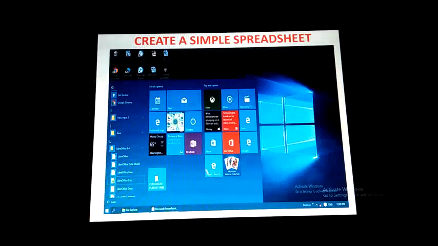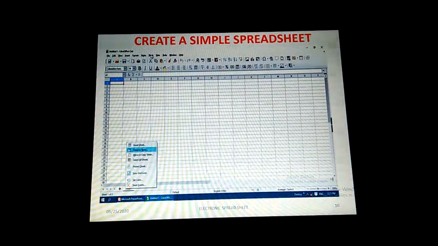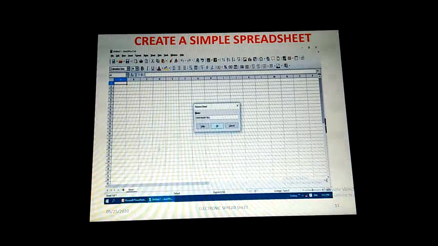So for changing that, you need to go to either the Sheet menu and choose this option Rename Sheet, or else you can right click on Sheet 1 and it will show the list of options. From that list of options you need to choose Rename Sheet, and after clicking that it will open the Rename Sheet dialog box. Inside the Name box you type the new name which you want to give for this worksheet.